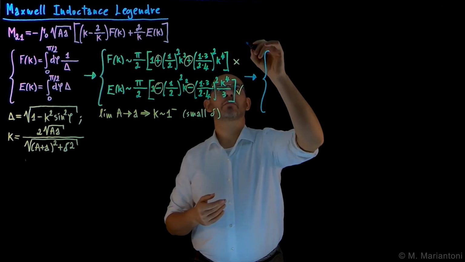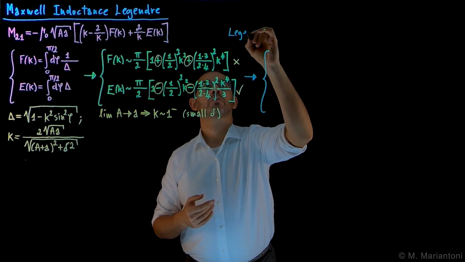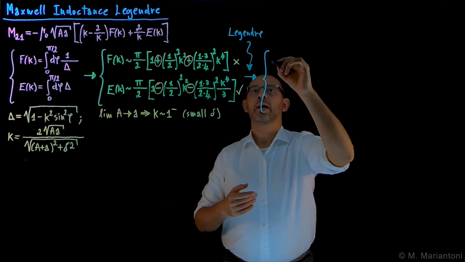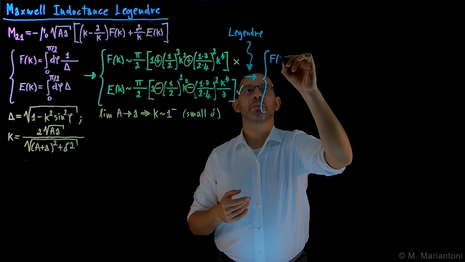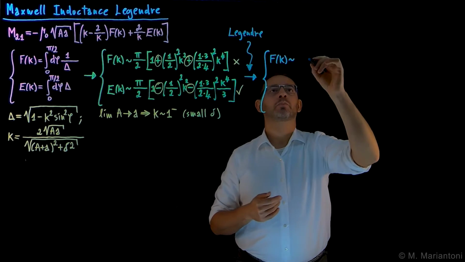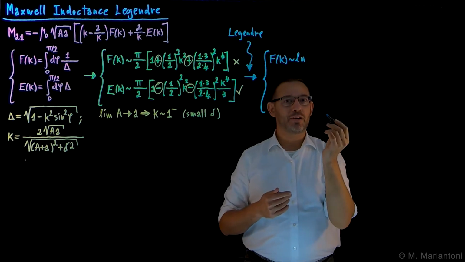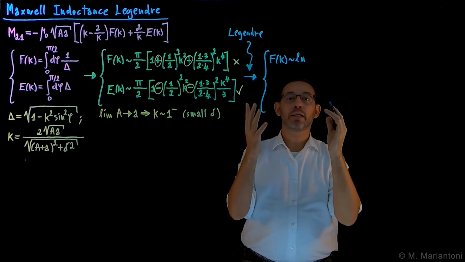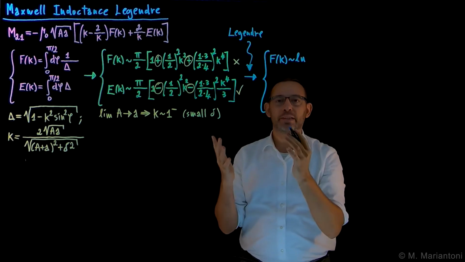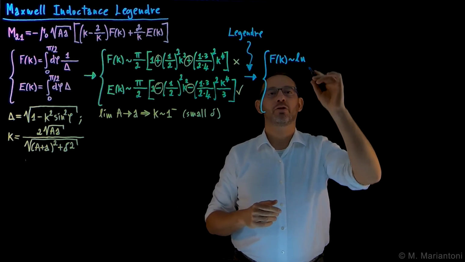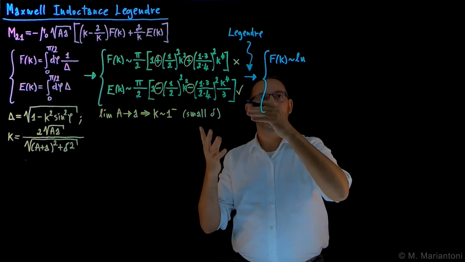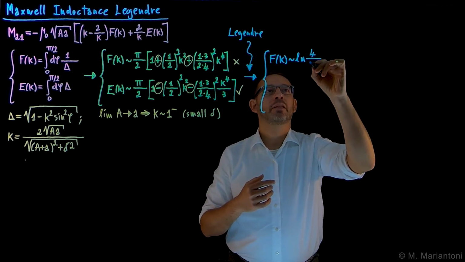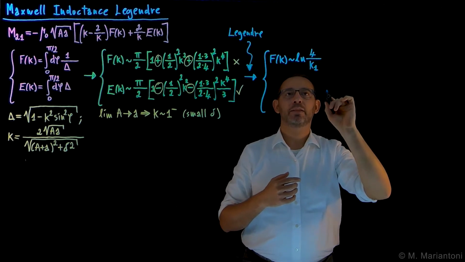In the Legendre series, the one we're about to do here, f of k can be approximated as the natural logarithm. Here the natural logarithm comes and I started to be confident that this approach was correct, because I saw the natural logarithm that, when you Google for the inductance of a loop, was there. So I said, okay, this must be the right path. Of 4 divided by k1, to be defined in a couple of minutes,